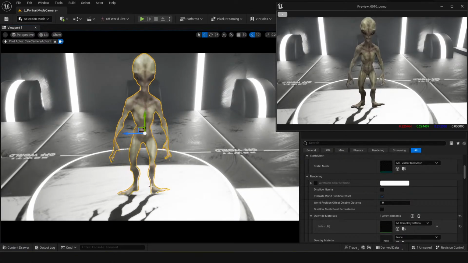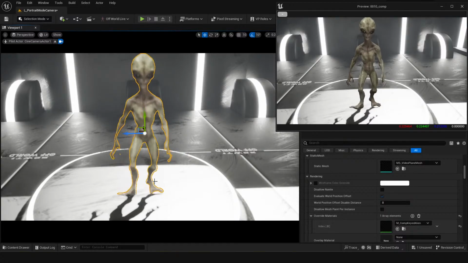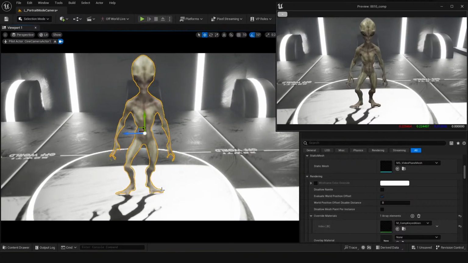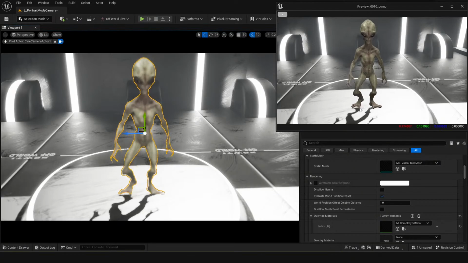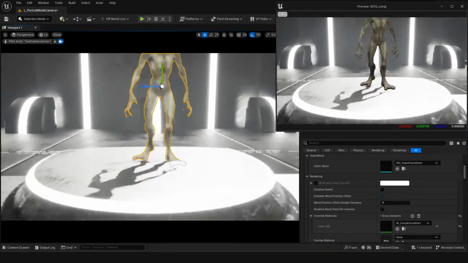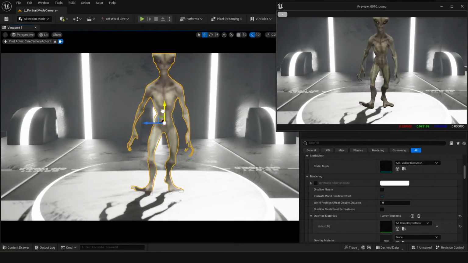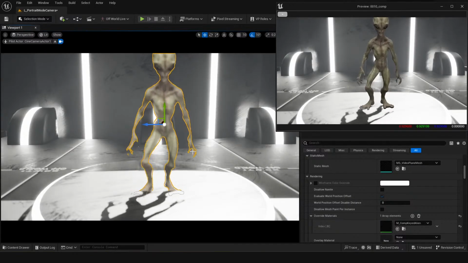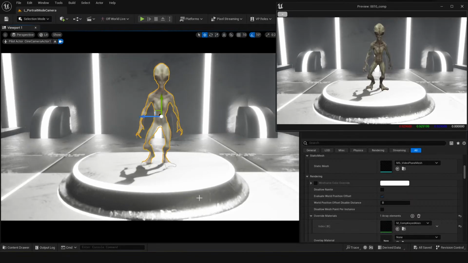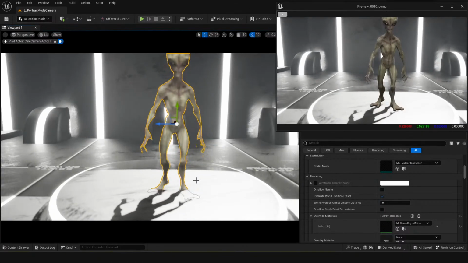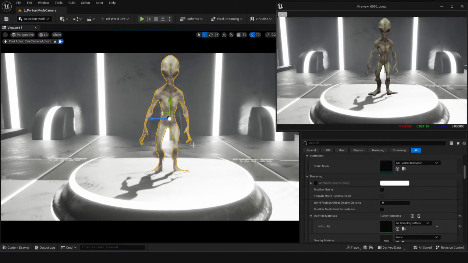So like the feet, there's a little bit of the feet coming out here, so that's why the shadow doesn't line up. So it's not ideal for that. I'm not sure, I really don't know what you would do to get that shadow to line up.